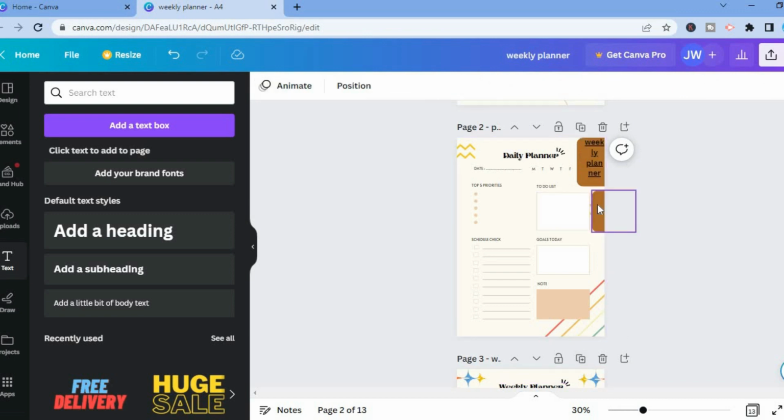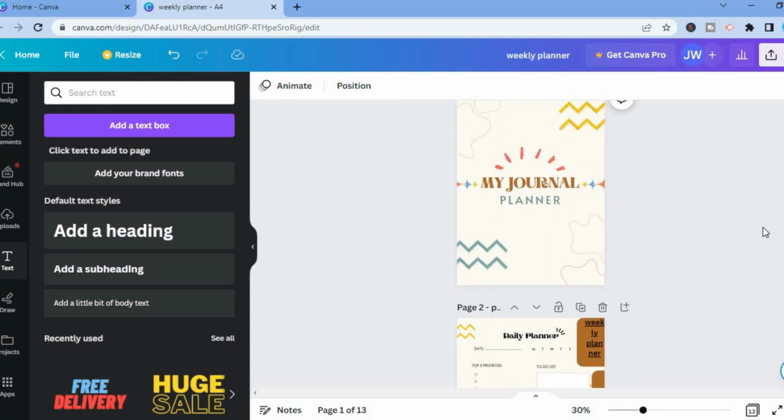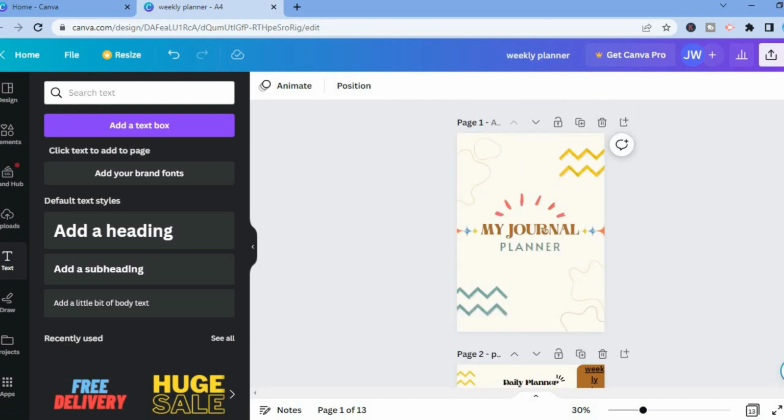And then you could add another hyperlink right here for monthly planner. And then once they tap on the hyperlink at the side, they'll be redirected to the monthly planner. And you can also edit the pages right here. So let's say, for example, you would like to change the cover. You can do that. So if you would like to change the background pic, all you have to do is